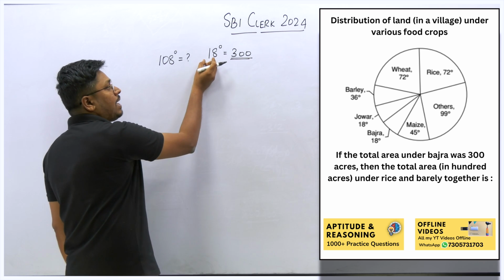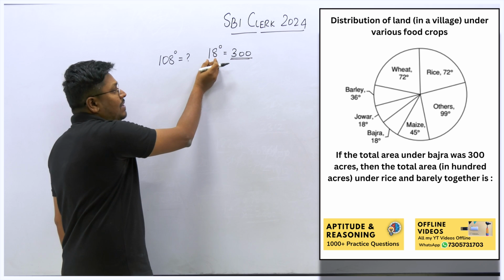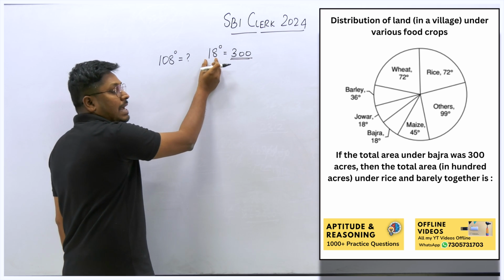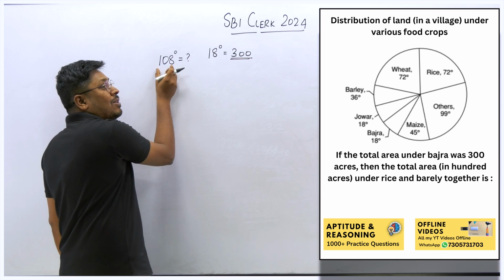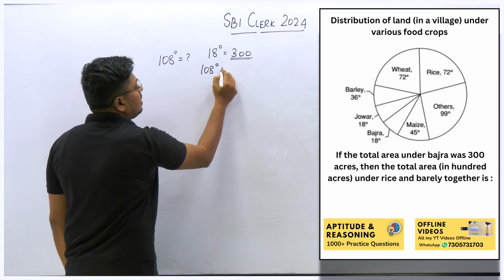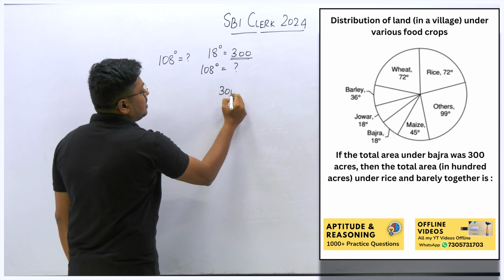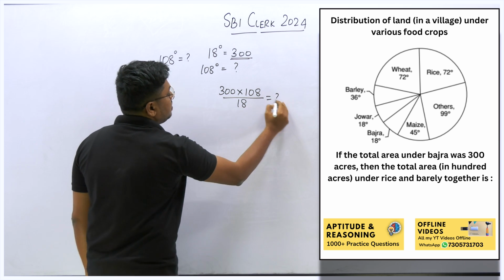We already know that 18 degree is 3000. Yes or no, right? Because they have given in the question total area of Bajra. So total area of Bajra is 18 degree, which is 3000 acres. So our target is to find how much 108 degree. So 108 degree is how much acre. That's it. When you cross multiply it, 3000 into 108 divided by 18 is equal to that how much